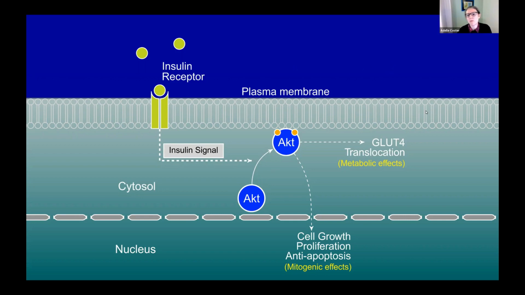You have the plasma membrane, which is the outside membrane of the cell, and you have a nucleus in the middle. So we have our insulin floating around. It binds to the insulin receptor. It comes in and creates a cascade of phosphorylation events which activate different components and provide a biochemical signal down to the system. In response to that signal, AKT is known to move from its inner position inside the cytosol of the cell to the underside of the plasma membrane.